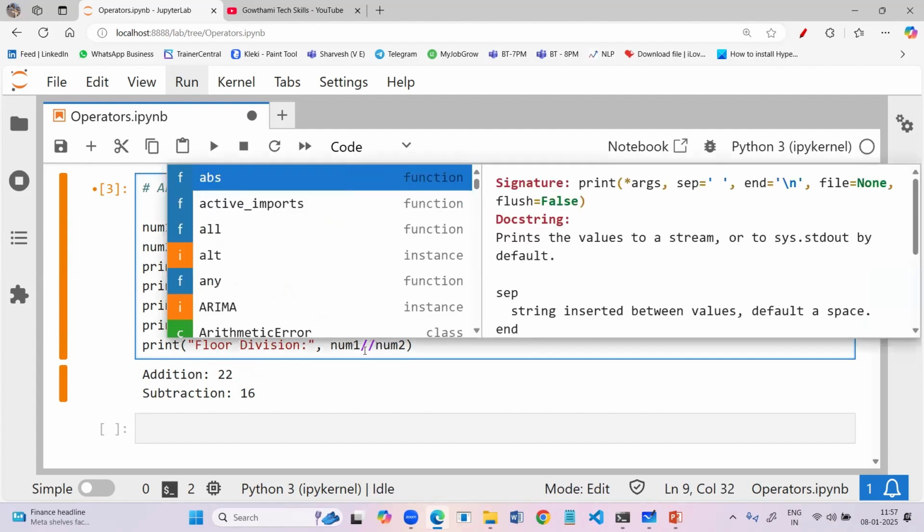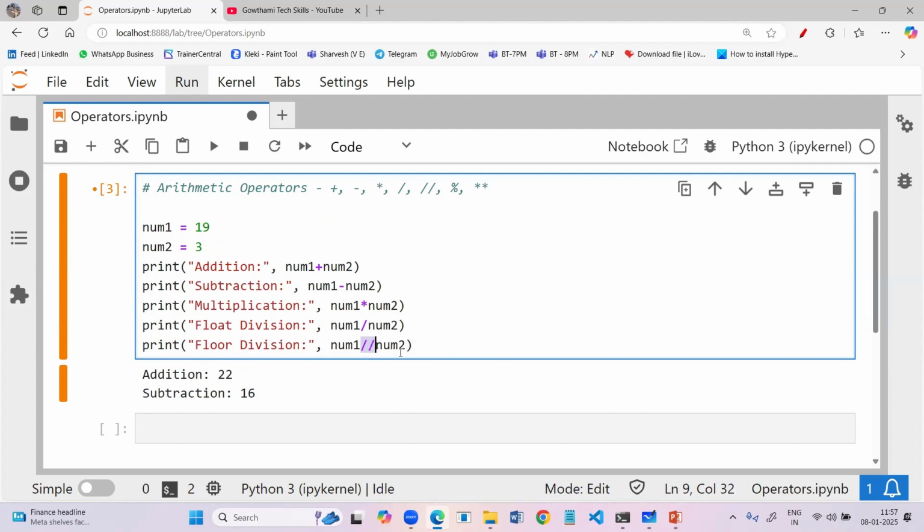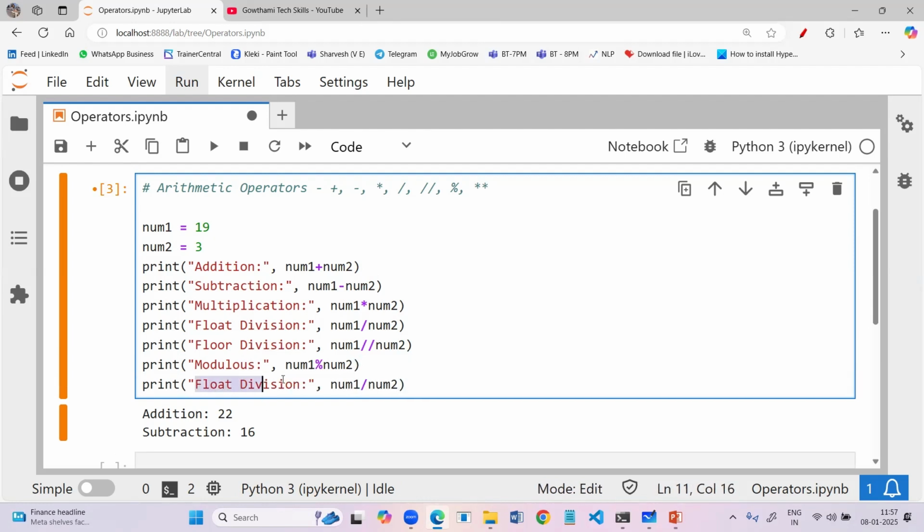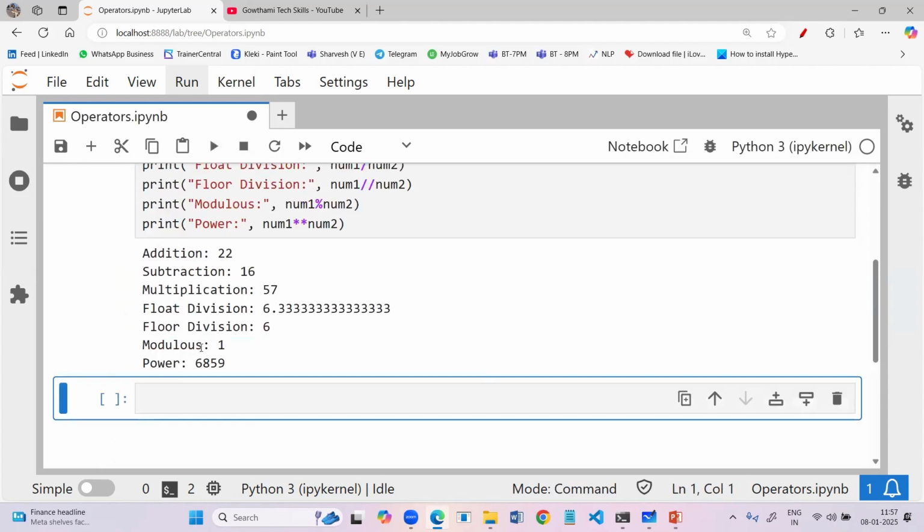You have to use the double forward slash operator. It also returns the quotient, but the output is in integer format. Another operator here is the modulus operator. This is also one kind of division, but the output is the remainder. And another operator we are using here is the power operator, denoted with a double star. Now let's run this cell and you can see the outputs.